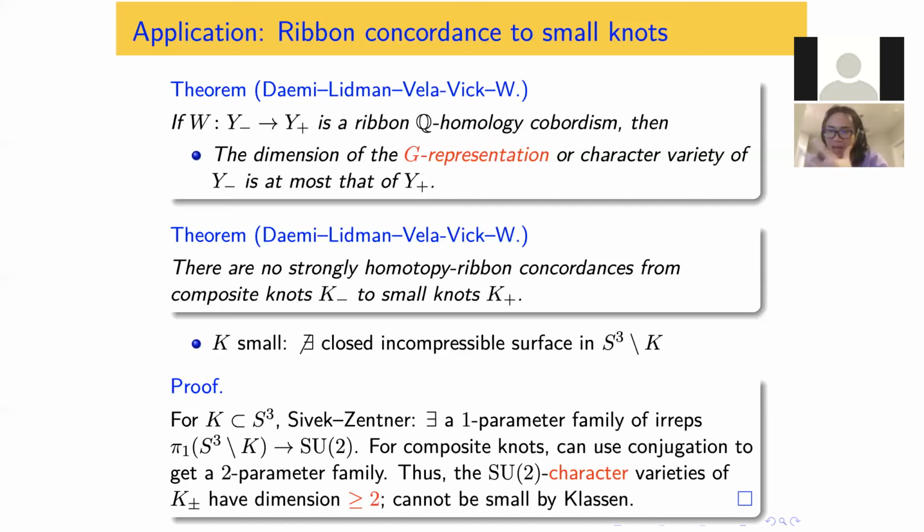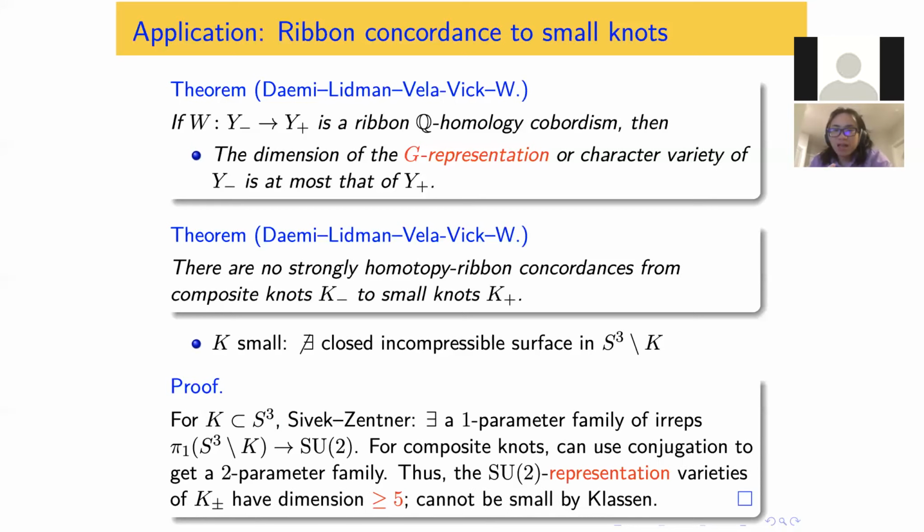So again, what this means is that the character variety you can think of as the representation variety modulo conjugation, right? So if you have a two-parameter family of irreducible representations, and you conjugate them further, then you can get the result for character varieties. So the character varieties have dimension greater than or equal to